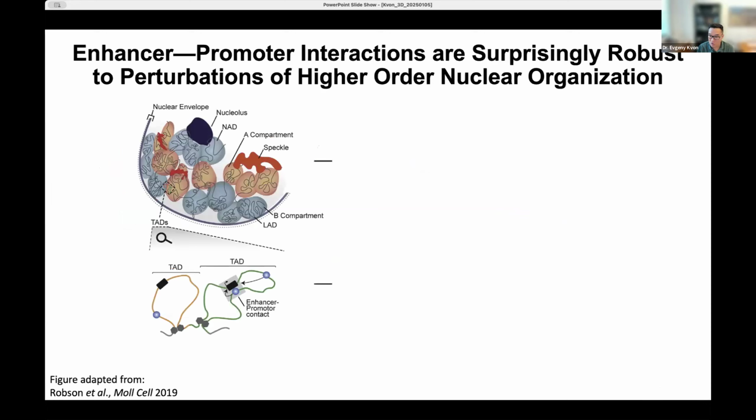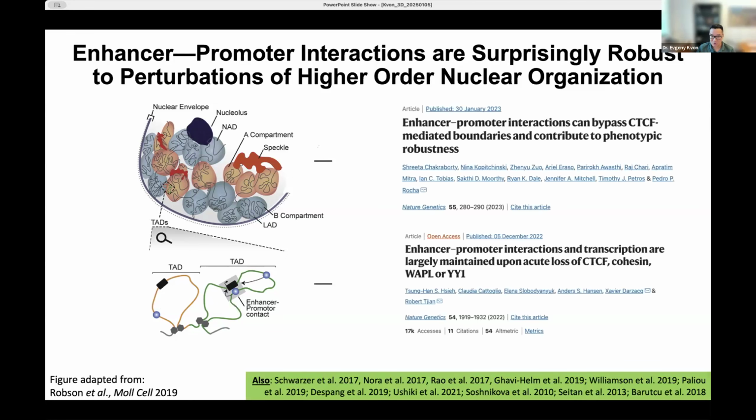And of course, work by many, many labs showed an importance of higher-order chromatin organization. So we know that our genome is partitioned into so-called topologically associating domains that are separated by boundary elements, and enhancers can activate genes only within the TADs, but not outside them. So the TADs can provide that rigid structure that restricts the zone of action of enhancers, right?